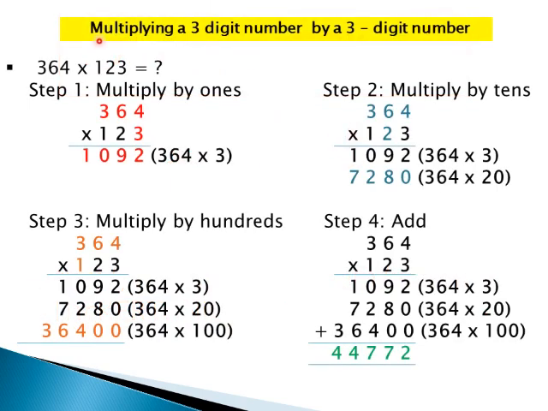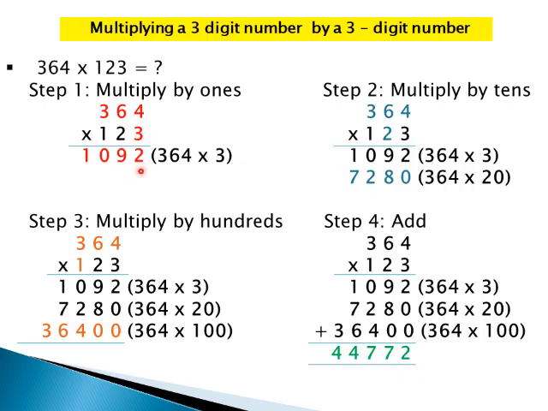Now, multiplying a 3-digit number by a 3-digit number. While multiplying a number with a 3-digit number, split the multiplier into its ones, tens and hundreds place and multiply with it. Okay, let's multiply 364 with 123. Remember, we start with the ones place. Step 1. Multiply by ones. 364 multiplied with 3 gives